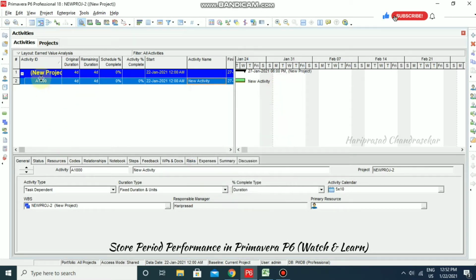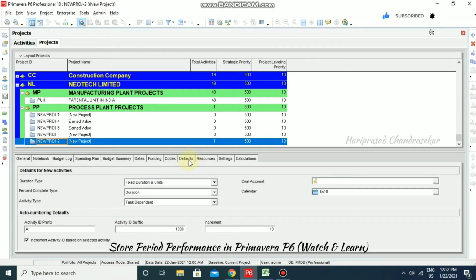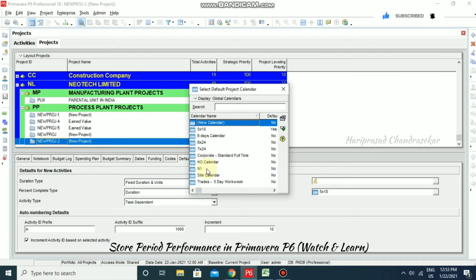Otherwise, in the project itself, you can go for Defaults, so we can change the default calendar of a project. So in defaults we have duration type, fixed duration and units, percentage complete type, duration, activity type, task dependent, and the calendar. We can select the calendar. So I'm choosing this calendar.